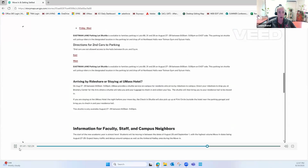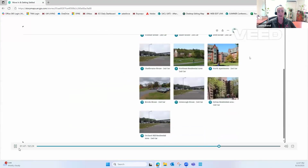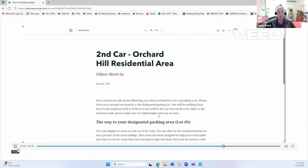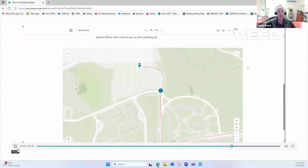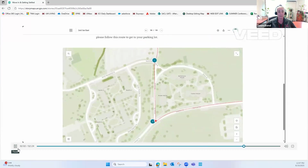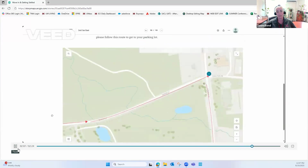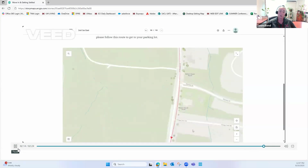If you're bringing a second car, then you're going to navigate to the directions for second cars. We're going to stick with Webster for today. And second cars on the east side of campus, all of the Orchard Hill second cars follow the same routes. You will follow your primary car through the steps of check-in and then leave the east check-in location onto Eastman Lane, take Eastman Lane up to the police station to East Pleasant, taking a right, following East Pleasant down to Orchard Hill Drive,